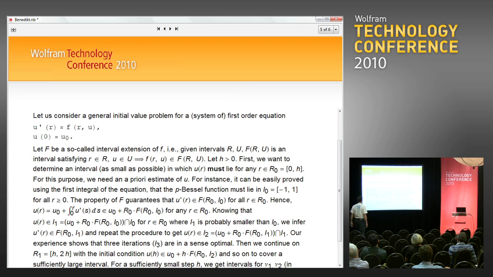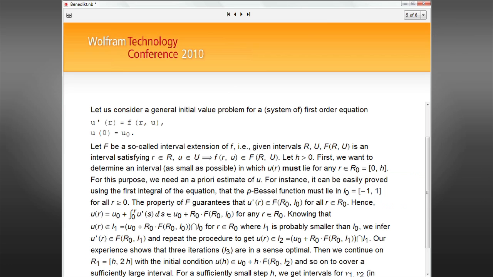We can again take the interval I1, plug it into the right-hand side, and we can get an even better interval, and so on. And our experience shows that 3 iterations are, in a sense, optimal. So if we do another iteration, then the interval doesn't significantly squeeze. We get some interval for the values of the solution on the first interval 0h,